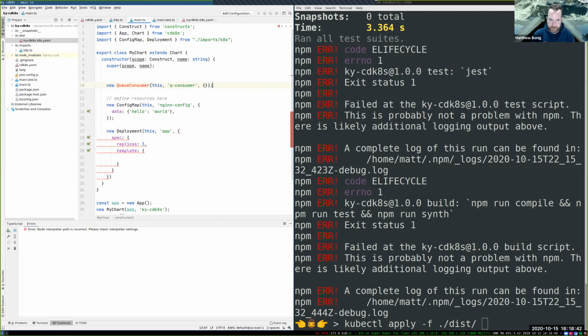Right. And then this queue consumer is a class that I would create, that I would put a stateful set or whatever it may be in there, that I'd wire up, and I would make it in such a way that with that queue consumer and these properties that are passed in, I don't really have to know much about the underlying Kubernetes. I can just know things that are important to my application. Like, okay, what is the queue that I'm listening to?